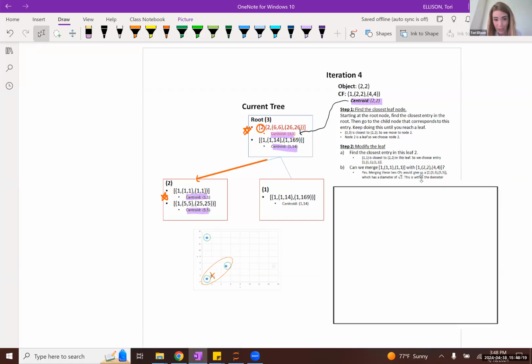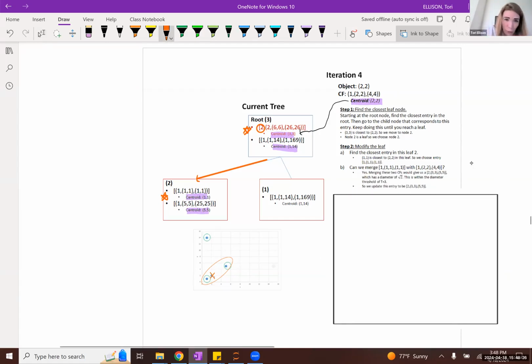And so the next question is, are we allowed to merge these two subclusters? Am I allowed to merge this incoming subcluster with this subcluster? In this case, the answer is yes, because if I were to merge these two subclusters together, their resulting diameter would not go over the threshold of 2.